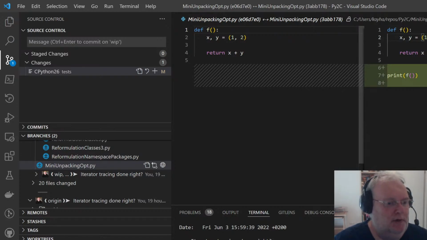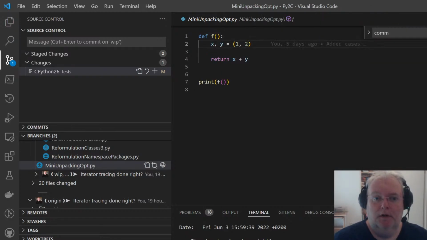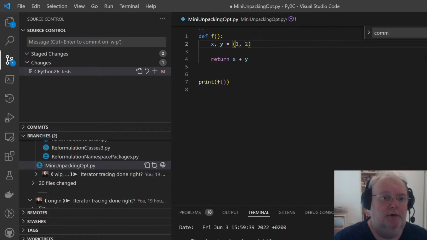You do that by asking the iterator for next again and ignoring the error, actually expecting the error, complaining if it's not happening. That's how you tell that you had more values to unpack. So that would be important in this case.